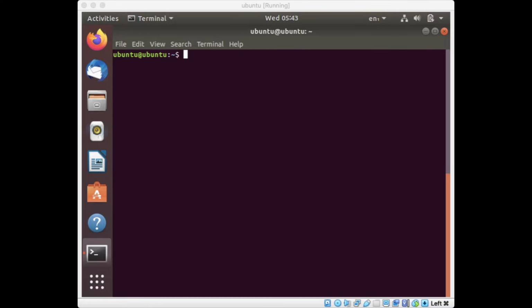Here I have my Ubuntu machine running, and let's start the installation.